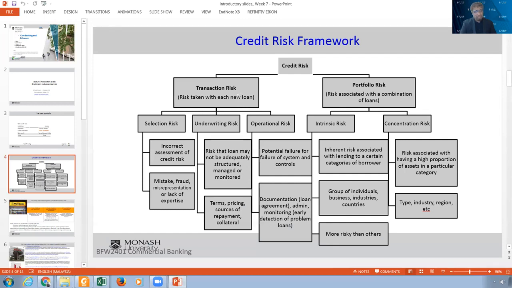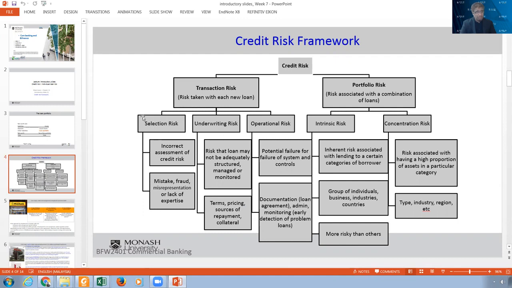Just to make it easy, I always give this example: when we give a housing loan, we give it for 30 years, for example, or 25 years. Choosing the right person to give the loan to is very important. Therefore we should have some type of credit scoring, some type of checking of the person who is going to take the loan. Now we can talk about business loans, or housing loans, or credit loans, whatever loans.